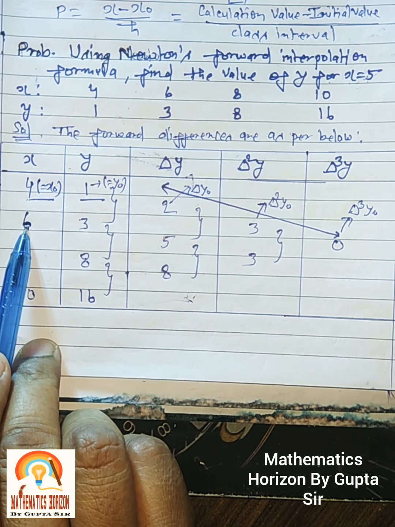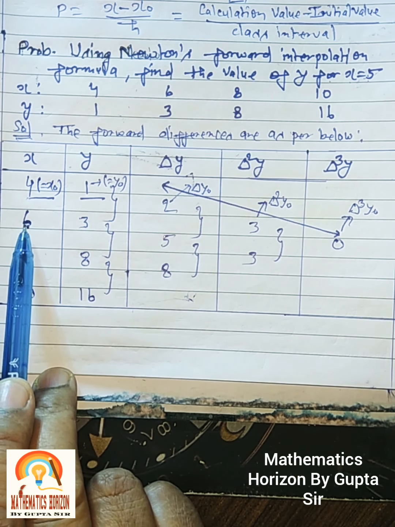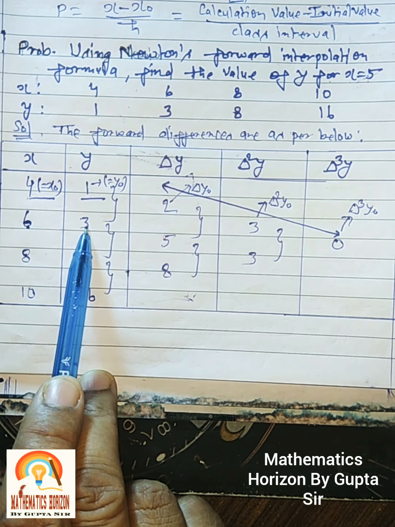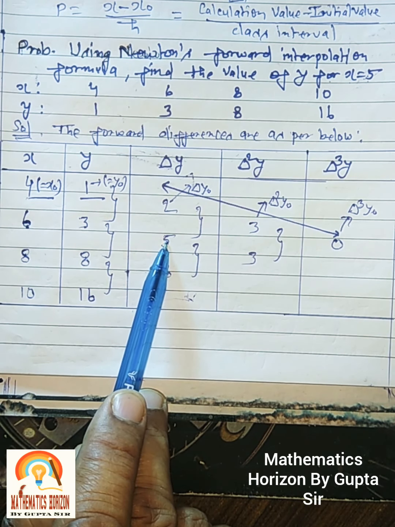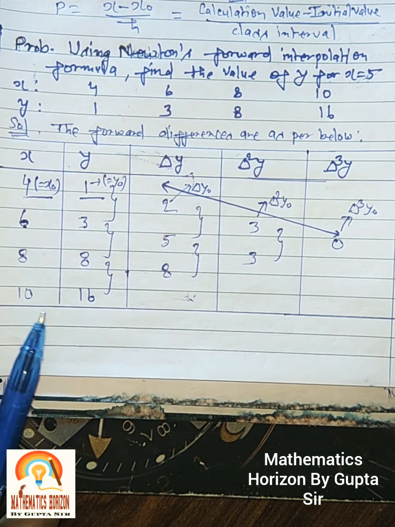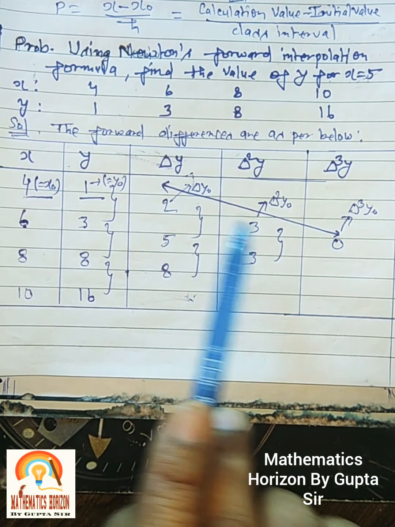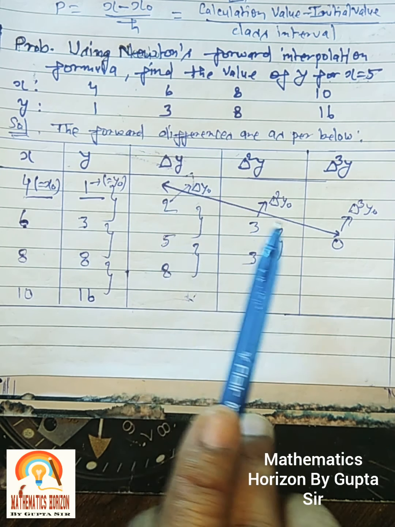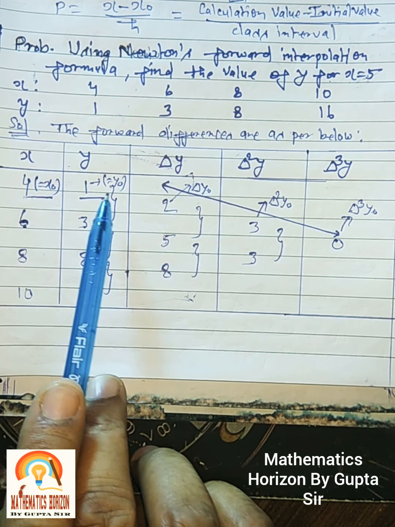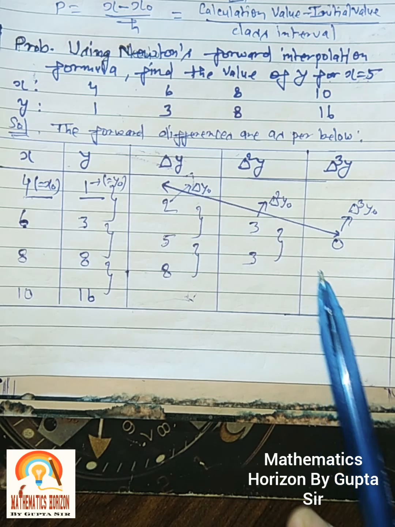If we choose this 6, the interpolated value is also near this value, and if we choose this x0, then this will be y0, this will be del y0, and this will be del square y0. We can find our solution by using both the techniques, but here we are getting more differences. That's why we choose this equal to x0, this is y0, this is del y0, del square y0 and del cube y0.